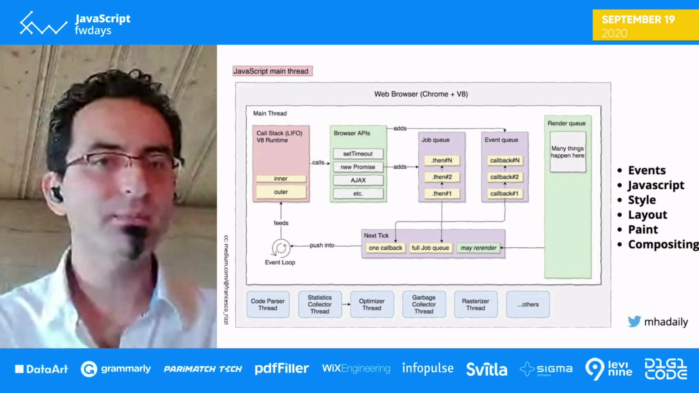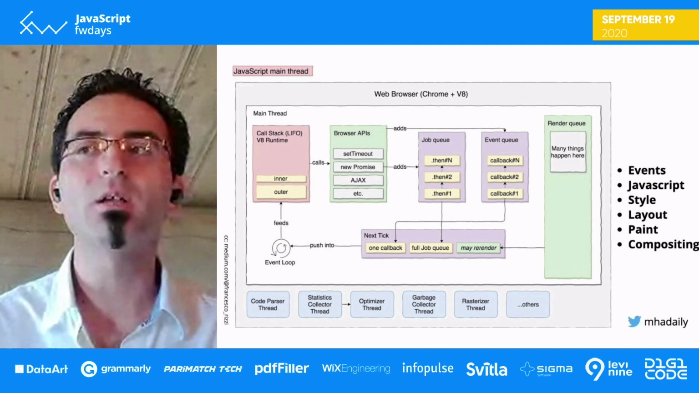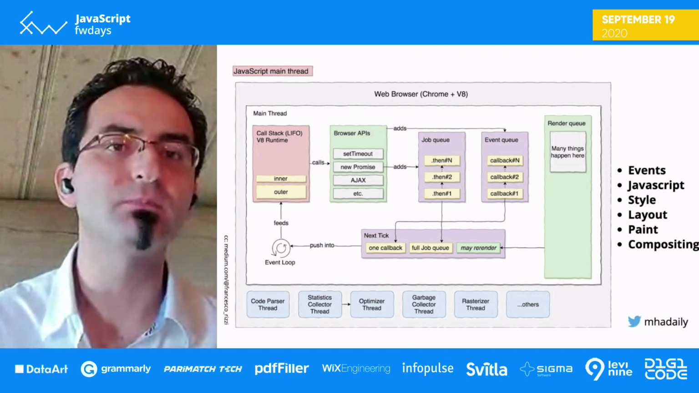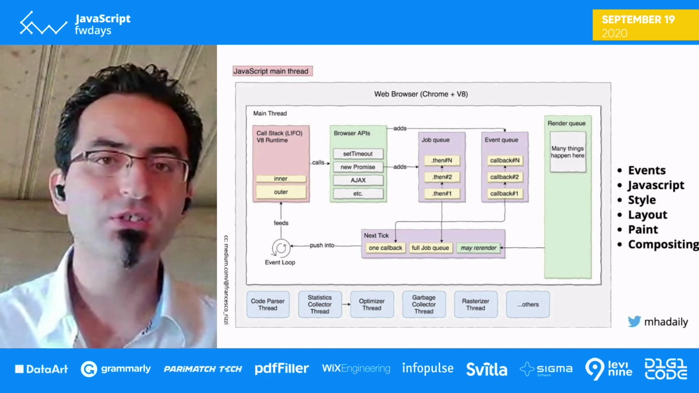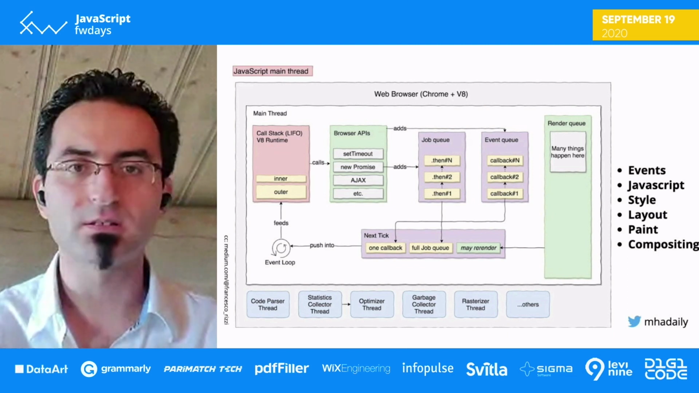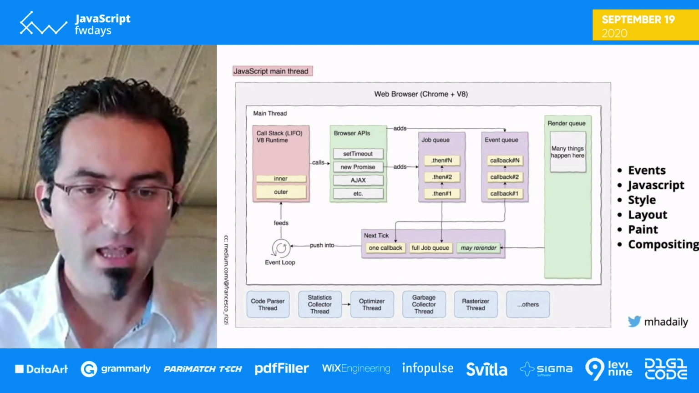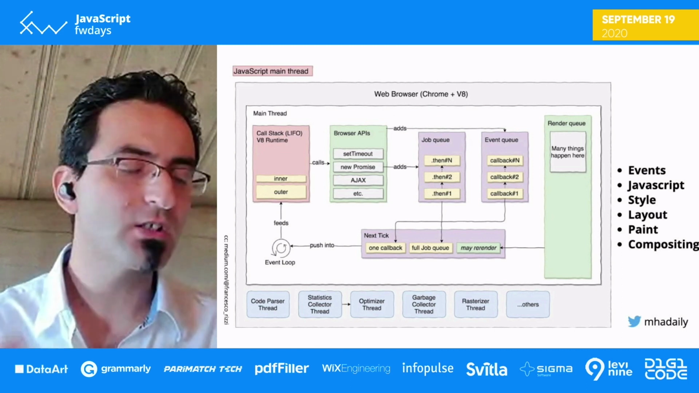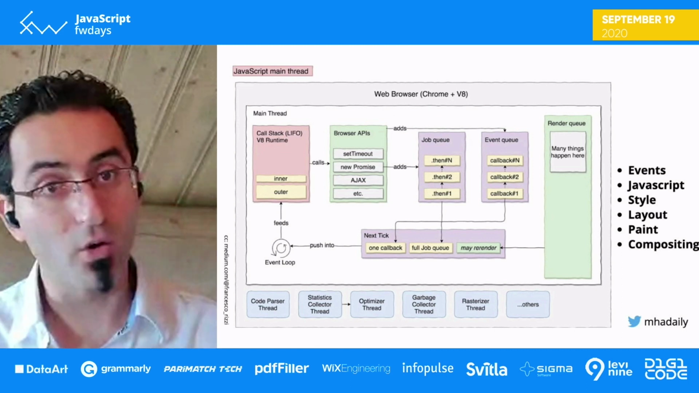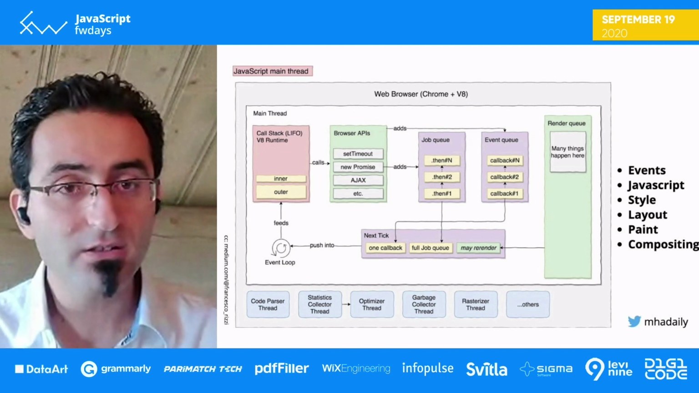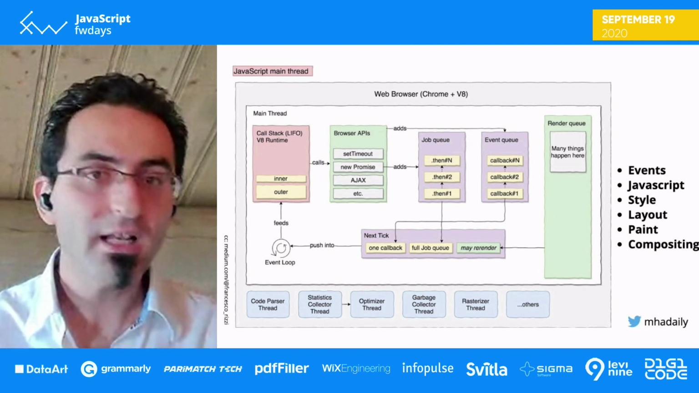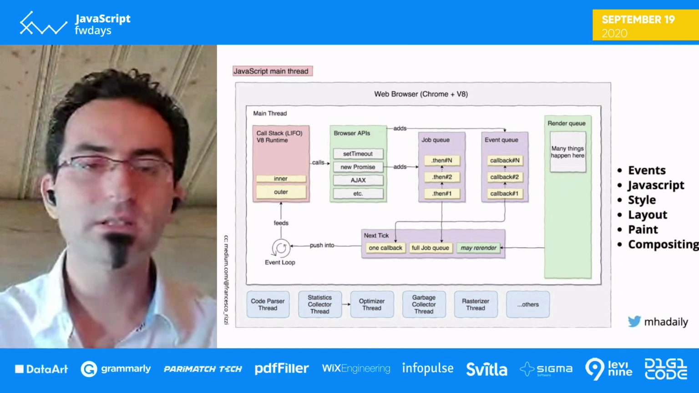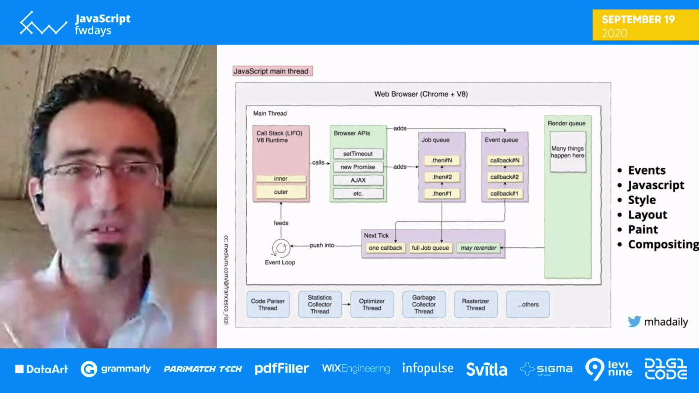As web developers and JavaScript developers, we know that JavaScript runs on the main thread, and the idea of having this main thread is not something new. It's been around since forever, perhaps. And the main thread in JavaScript, as you see here, does a lot of things. We know the event loop, perhaps. It does JavaScript execution. It does styling, CSS, layout, painting, compositing, and a lot of things that are